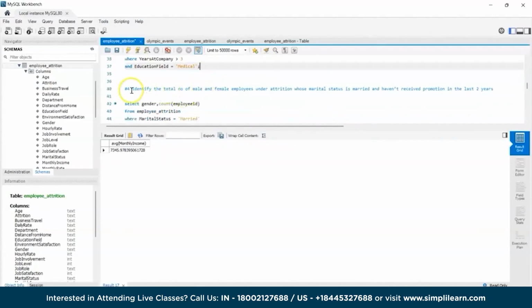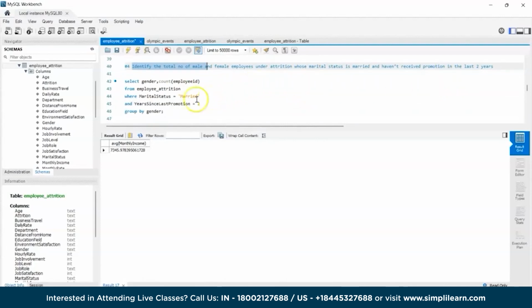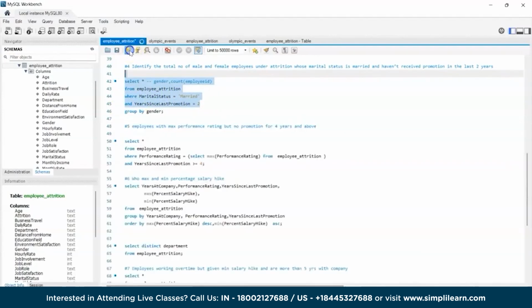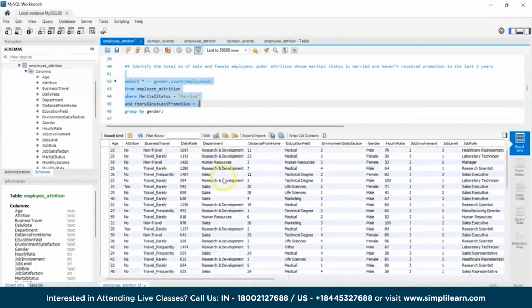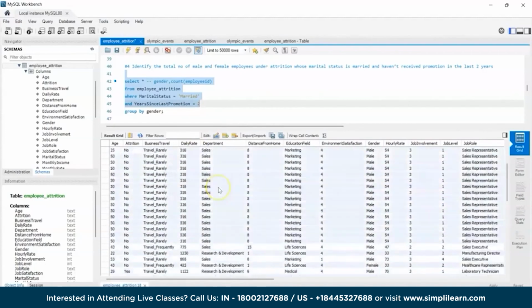Next, identify the total number of male and female employees under attrition whose marital status is married and haven't received a promotion in the last 2 years. So now our criteria is: select star from employee attrition where marital status is equal to married and years since last promotion is 2, so who haven't received promotions in the last 2 years. Now this is my data set after the filter criteria,